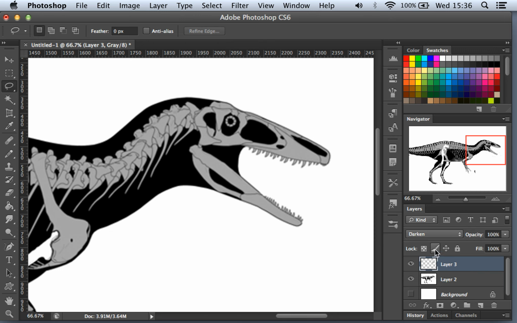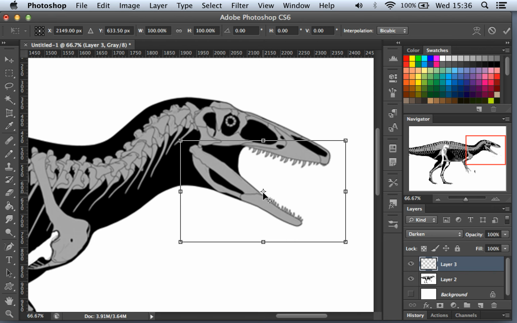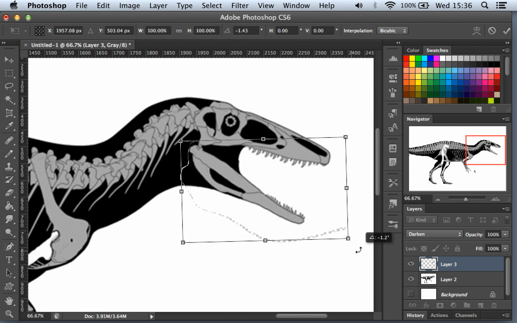And then control transform. Okay, now we're gonna close the jaw. You see the center point, you move it to the actual jaw joint of the creature, and by selecting it from the corner,